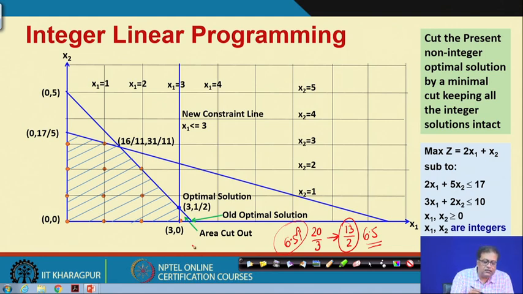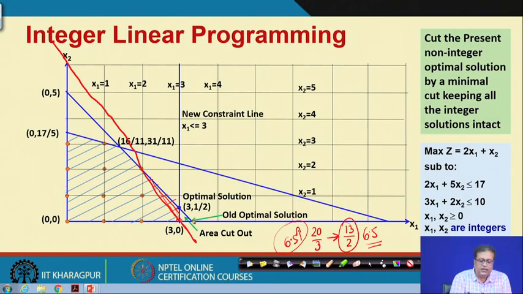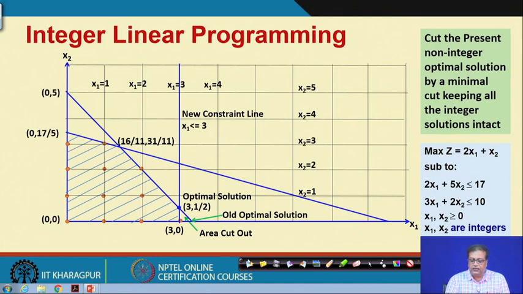So, again if you think, then the next line actually may join these two integer solutions and go further, is it not? So, is it a line like this? So, this line, if you really think of, this line joins the current integer solutions around this point, and the area which is here, probably if you cut off this portion, then you still retain all the integer solutions and you cut off the present optimal solution. So, that should be our next step. So, let us see how do we do that.